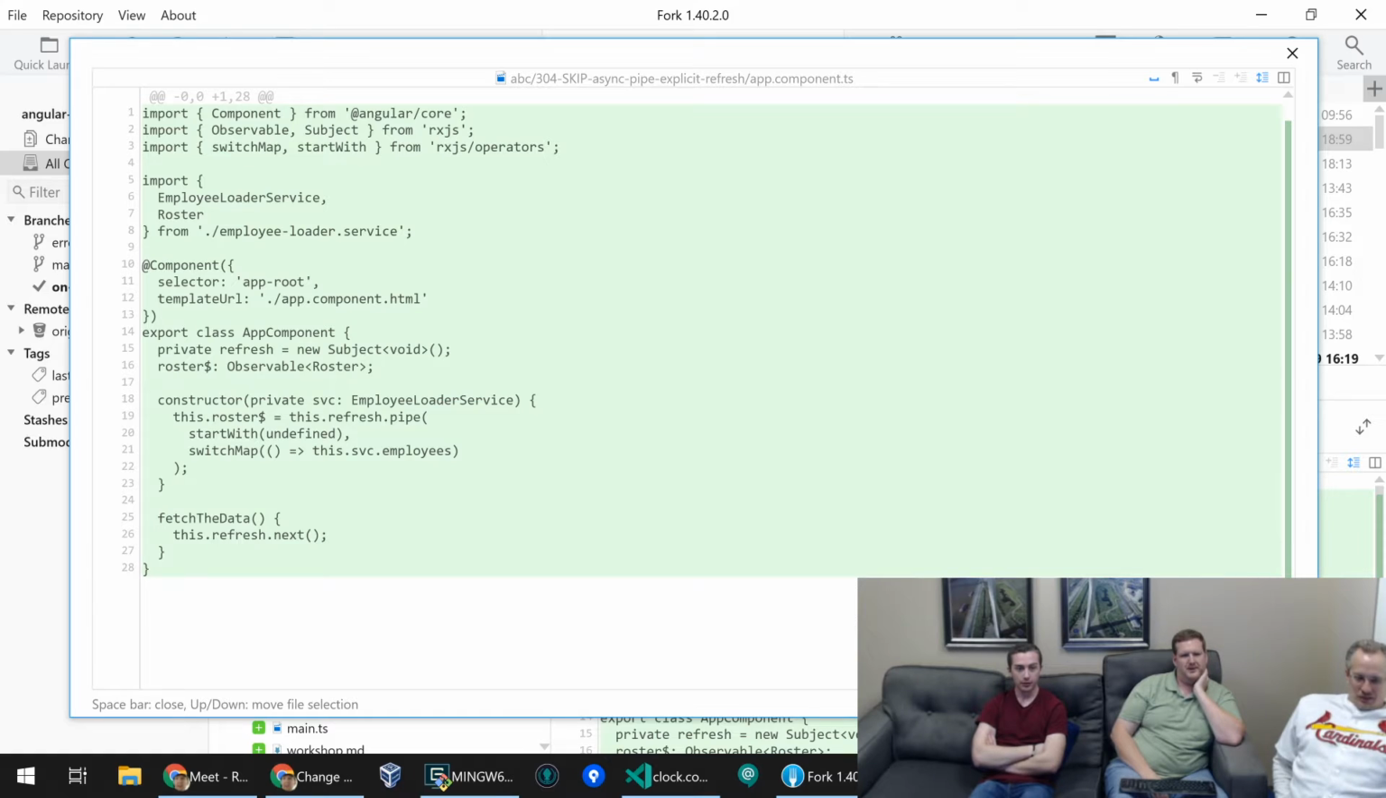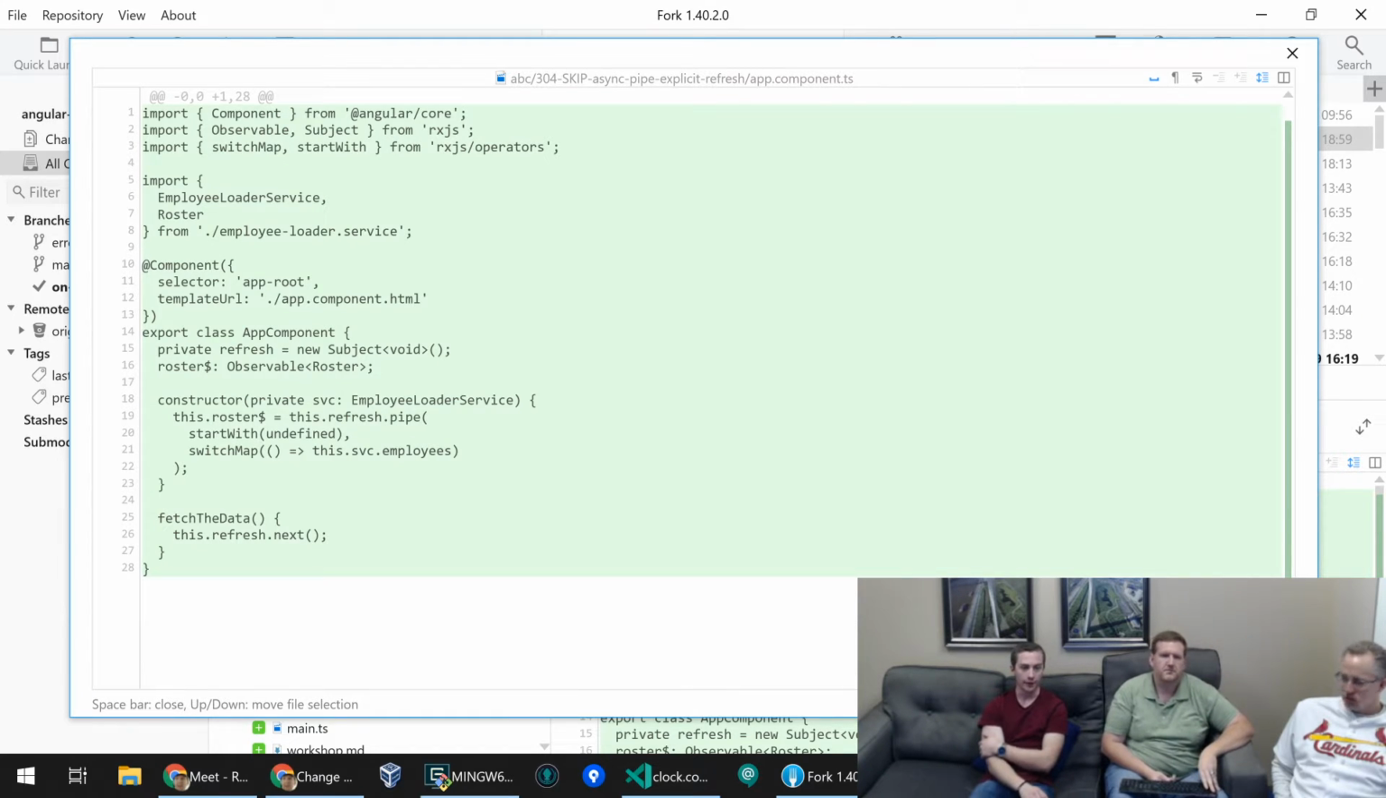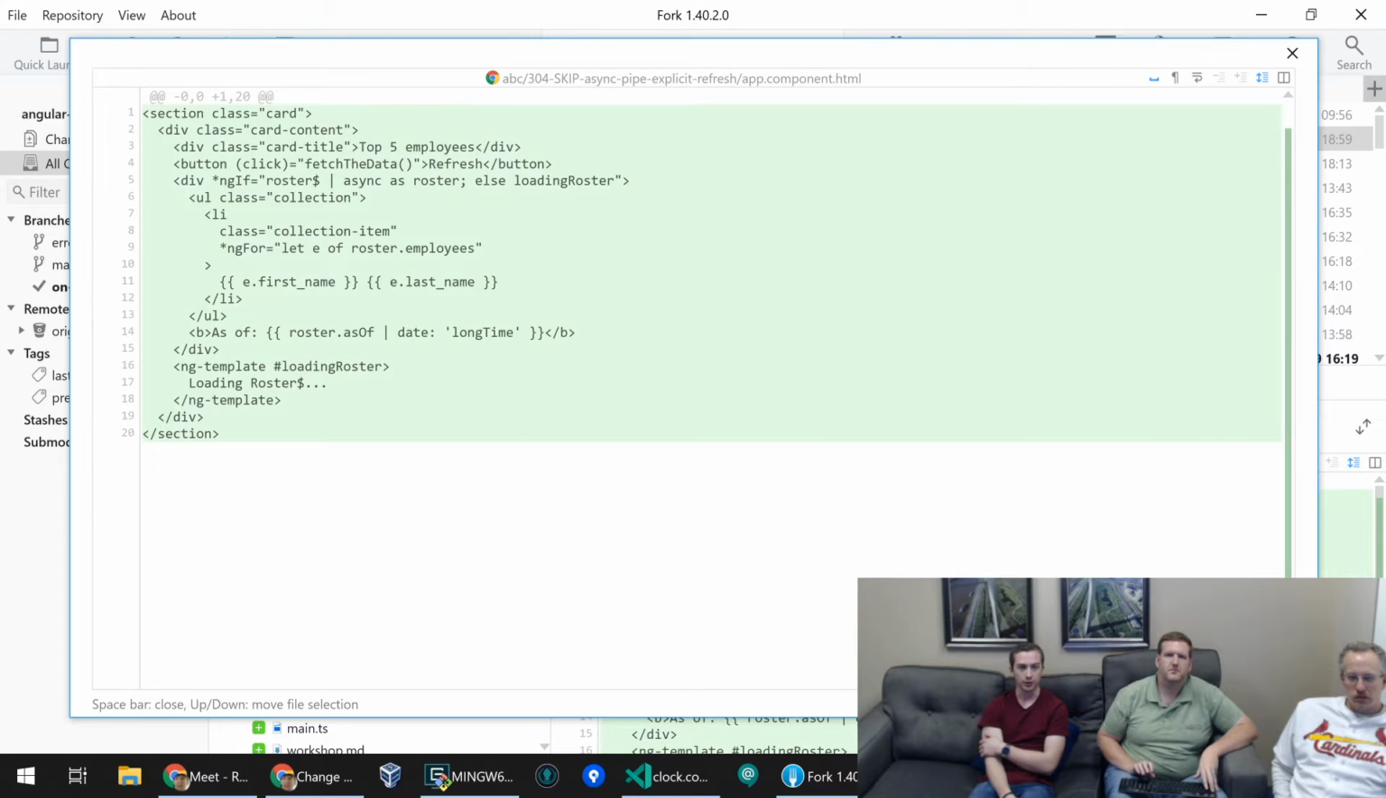So right, we got the fetch the data, which will trigger a next on our refresh. Right, and then we created that whole pipeline in the constructor where, like, since we're using a subject, we have to have a startWith, so we just get something initially. But then whenever we actually have something running through that pipe, we do the switchMap to go to our service to get that observable data, and then eventually, like, we assign that to roster$, which could just be